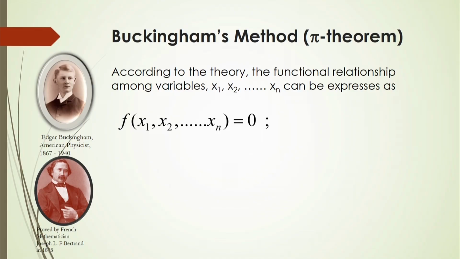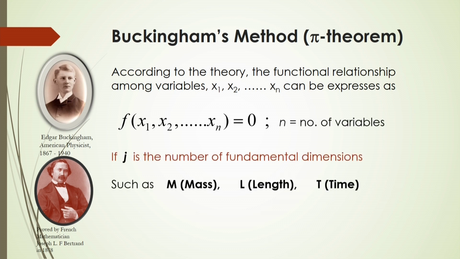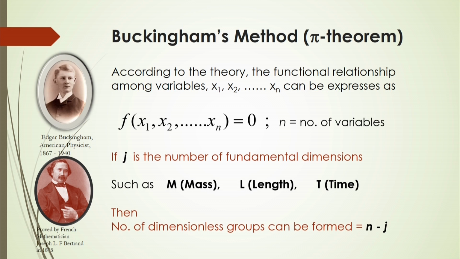So, here we can say according to the theory, the functional relationship among variables x1, x2, ..., xn can be expressed as f(x1, x2, ..., xn) = 0. Here x1, x2 up to xn are the variables, where n is the number of variables. If j is the number of fundamental dimensions such as M, L and T, then